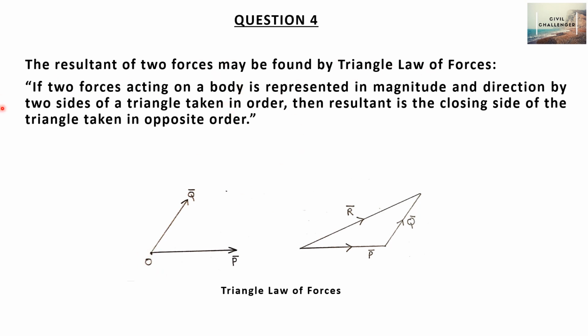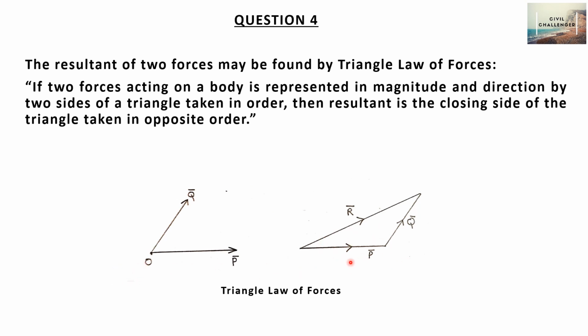It states that if two forces acting on a body are represented in magnitude and direction by two sides of a triangle taken in order, then the resultant is the closing side of the triangle taken in opposite order. So if we have two forces P and Q acting at a point,